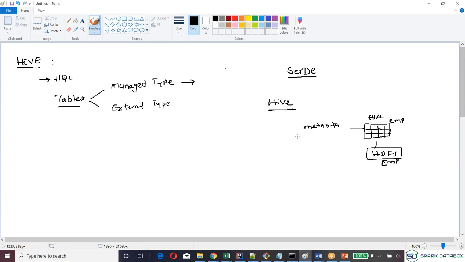Like the table name, the column names, the constraints and data types.